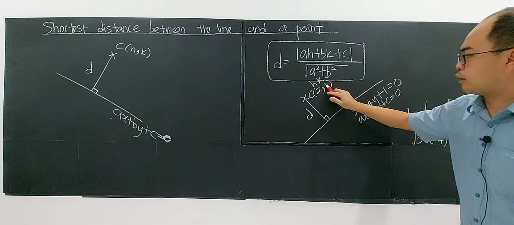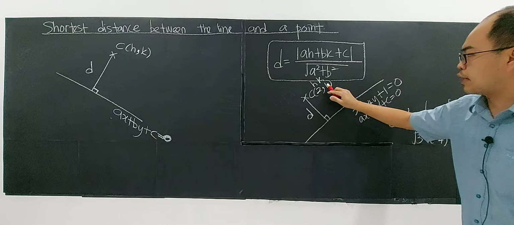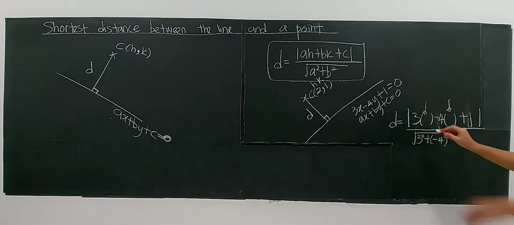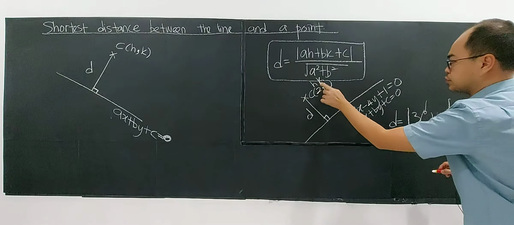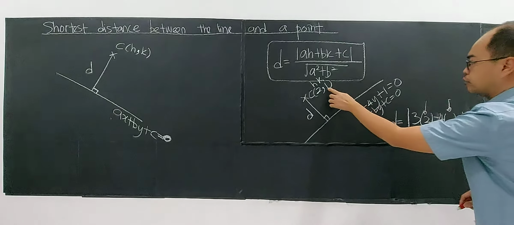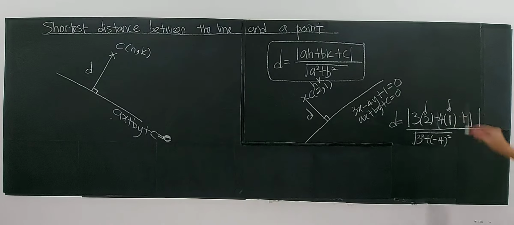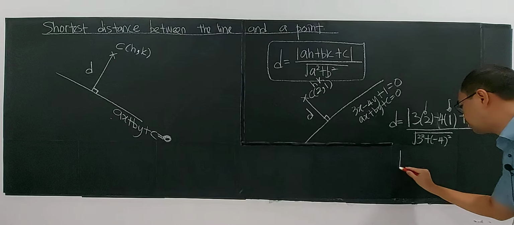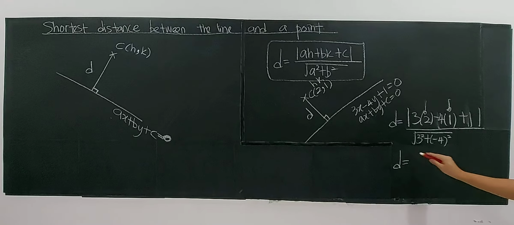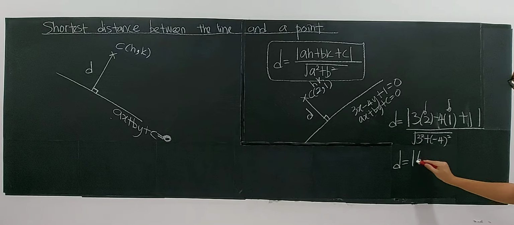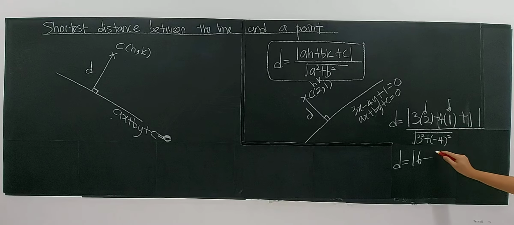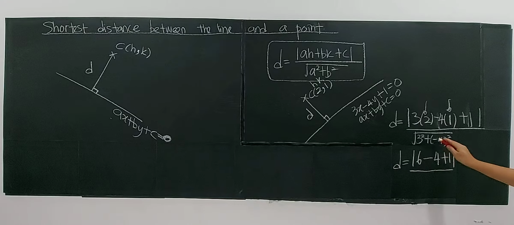So the x and the y, the coordinates here, those are x and y. I'm going to put the x value with the h as 2 and the value of 1 here. So the value of 1 here. If I apply this formula, you can try and see. So d, the formula will be 3 times 6, 6 minus 4 plus 1, divided by the square root of 9